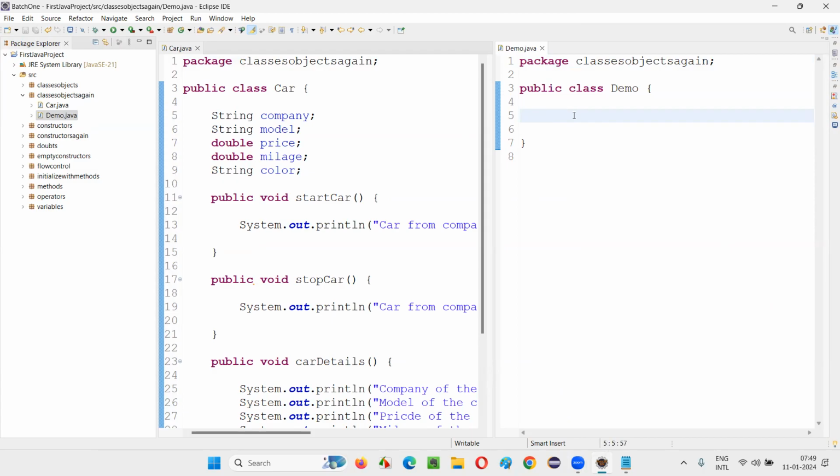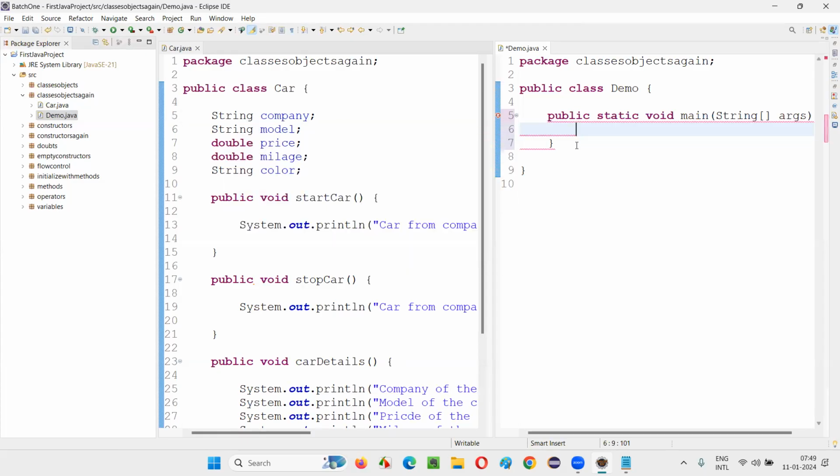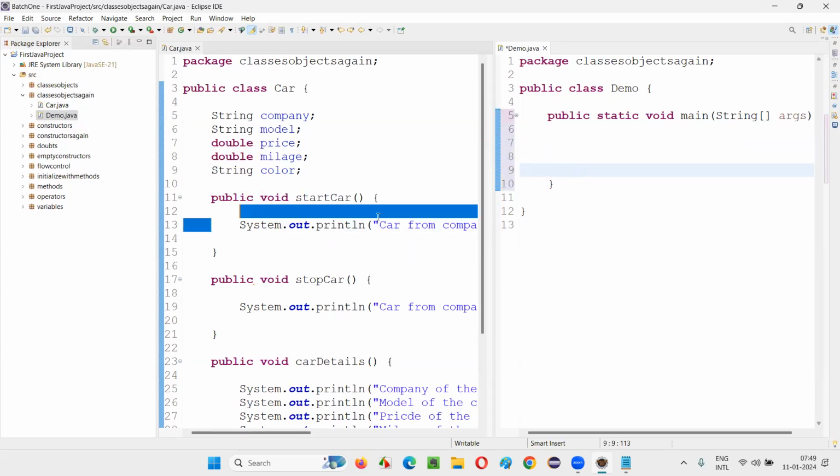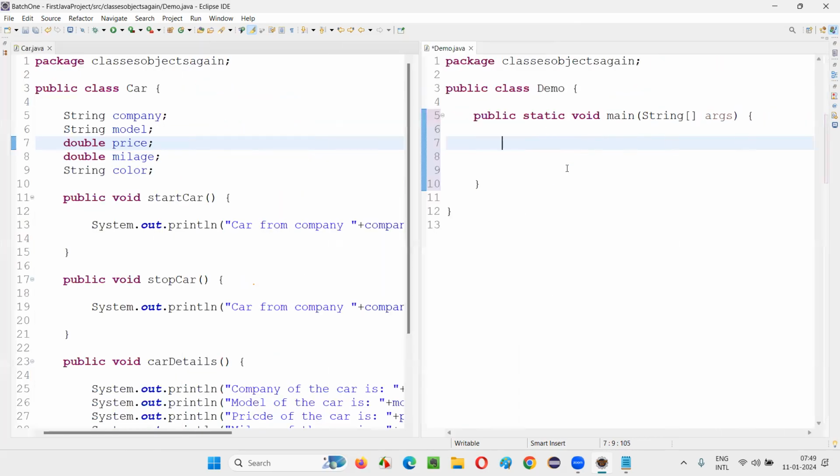Fine. So here main method. Here also same thing. Main control space. Like SYSO control space, print statement will come. Main control space, main method will come. So inside this method, I'm going to create object for the car class. Just observe what I'm trying to do, guys. The purpose of constructor will be clear for you. Now, how to create an object for this car class? New car. So when I do new car, what will happen?